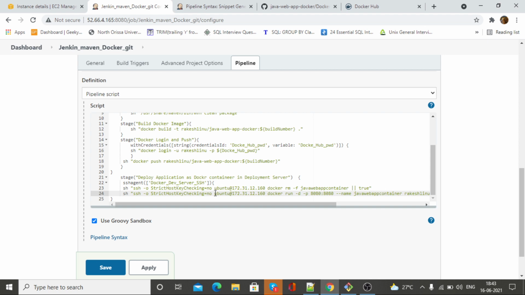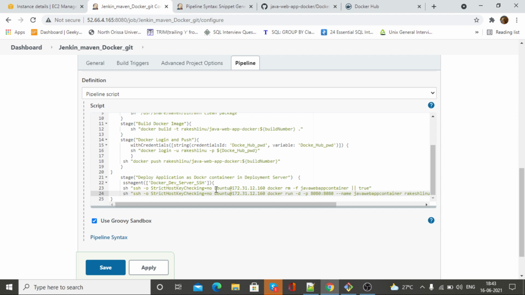So that I have put here. Okay, that's it guys. And the next point, ssh -o is to put this StrictHostKeyChecking no, because if I put yes then it is going to ask you in a prompt.